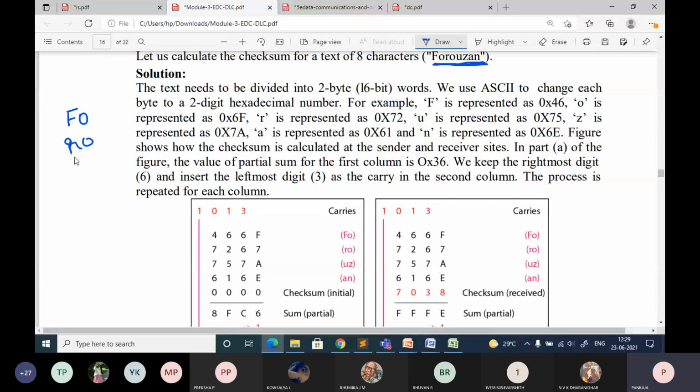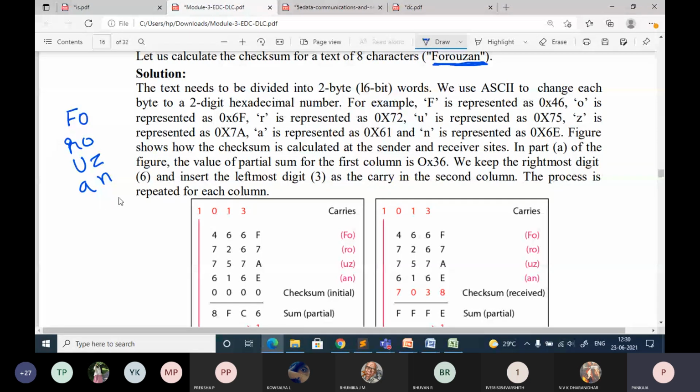Then RO, then U, Z, then AN. So that is frozen. This is the information if you want to transfer. I have just divided this into 16 bits, that is 2 byte information.